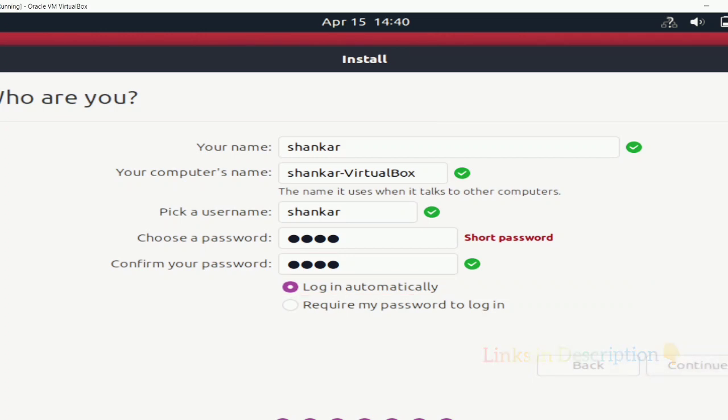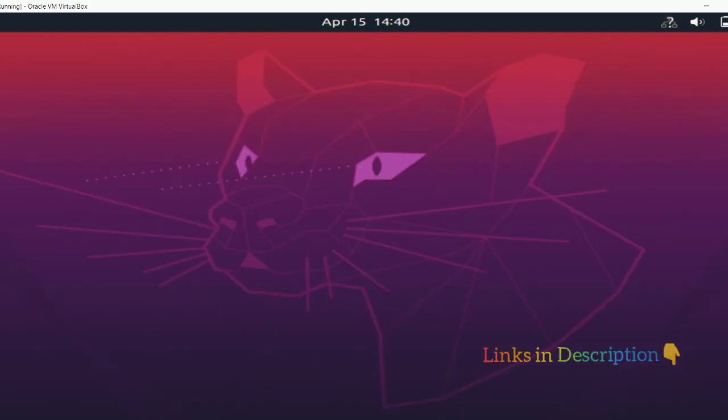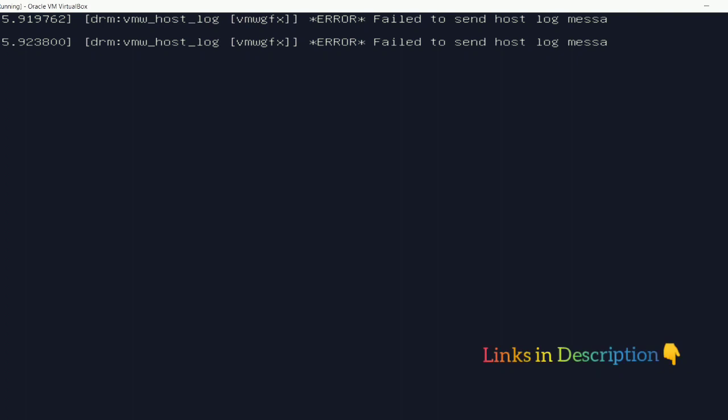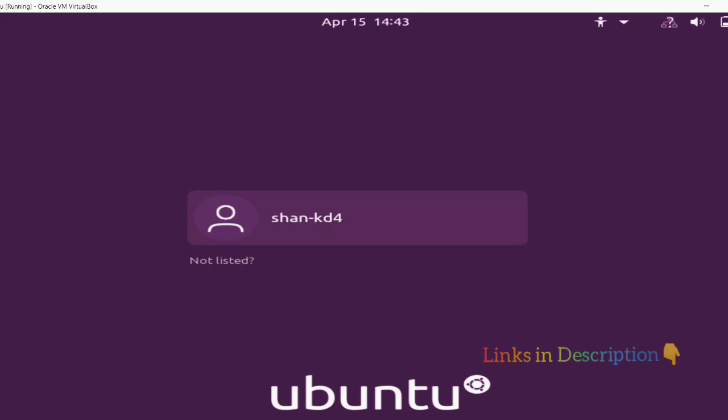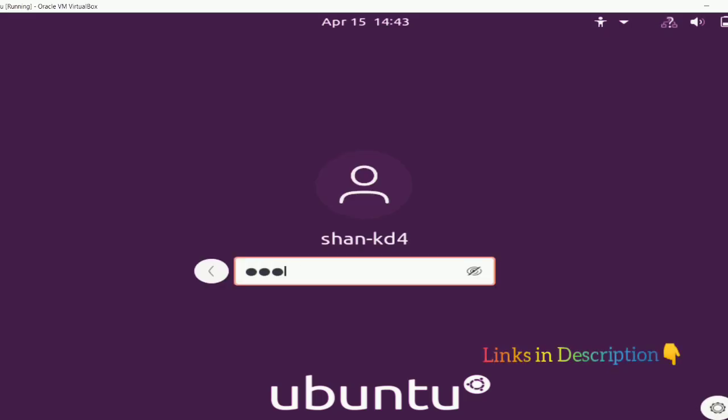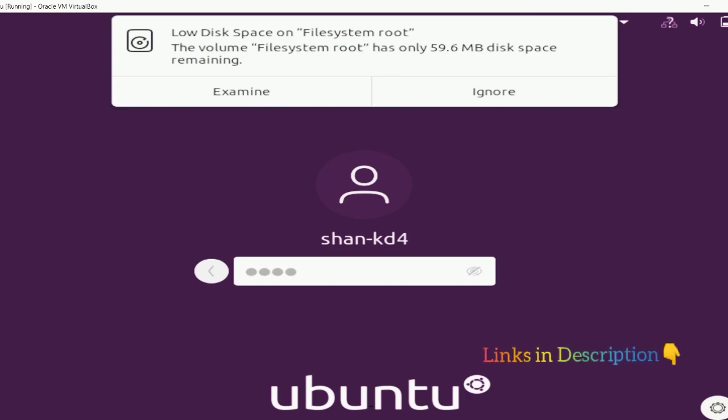I just click continue, so the installation begins. It takes time. The installation screen is not visible in the video, so I am skipping that. Some messages will appear, and I am entering the password. It's going into this Linux distribution in the VM. Yeah, we finally got the screen.